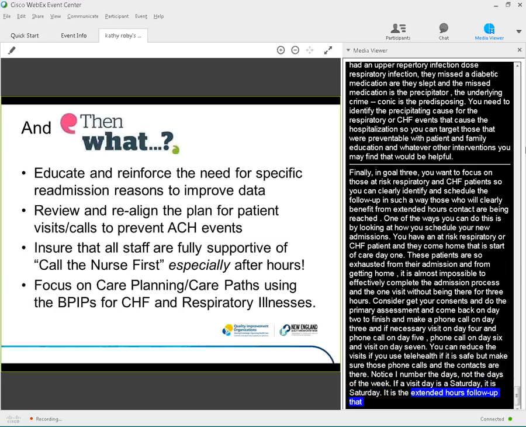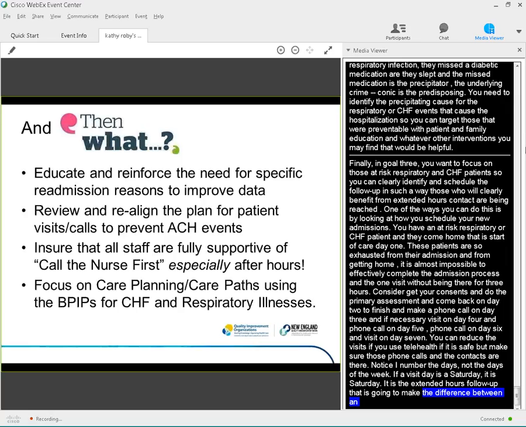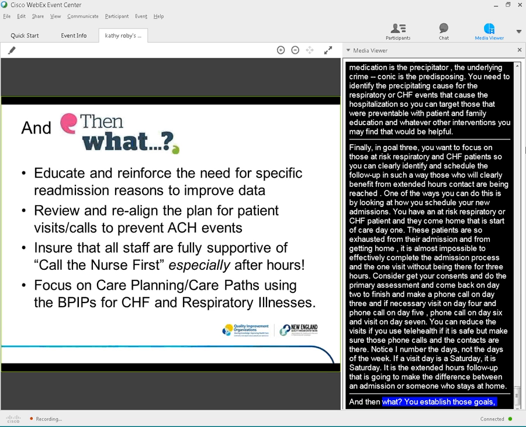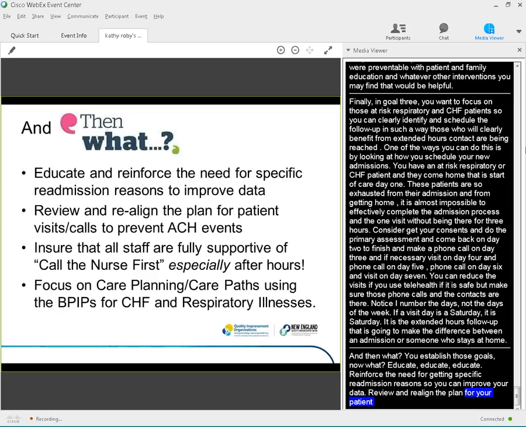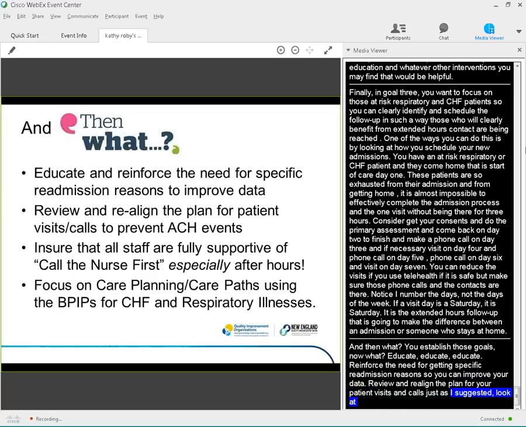And then what? You establish those goals, now what? Educate, educate, educate. Reinforce the need for getting those specific readmission reasons so you can improve your data. Review and realign the plan for your patients' visits and calls, just as I suggested. Look at the scheduling. Look at the alternation between visit and phone so that you can prevent the acute care